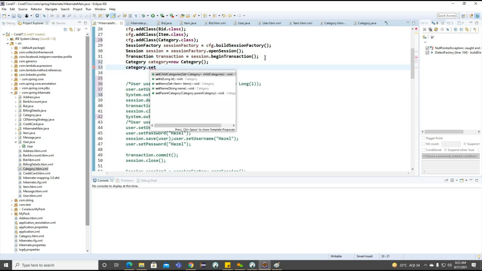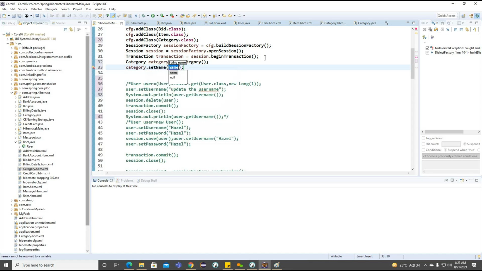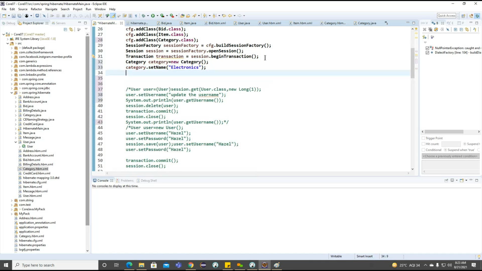Category dot set name here. I want to take only the name here. The name of this particular category is electronics, right? And we'll save this particular object here.